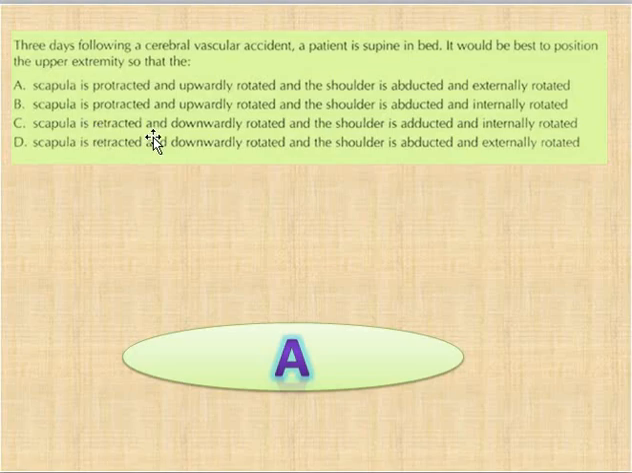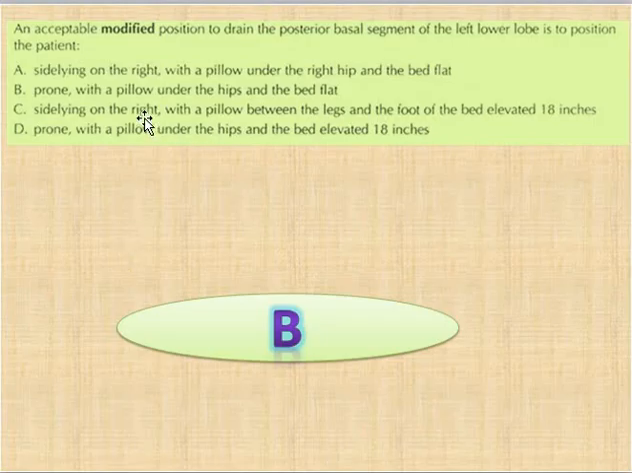C: scapula is retracted and downwardly rotated and shoulder is erected and rotated, and D option: scapula is retracted and downwardly rotated and shoulder is abducted and externally rotated, and the correct option is option A, scapula protracted, upwardly rotated, and the shoulder is abducted and externally rotated. इसको हम एयरप्लेन स्प्लिट पोजीशन भी कहते हैं। ये हम बेसिकली सीवीए के पेशेंट में ये पोजीशनिंग बेस्ट होती है।